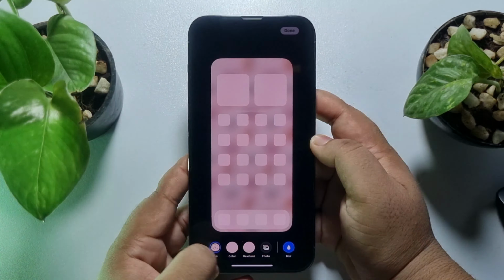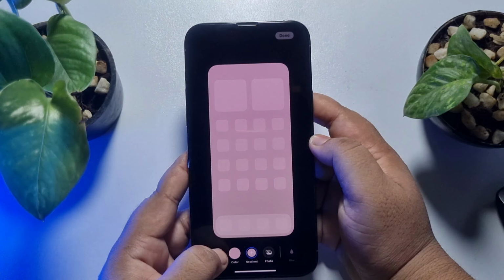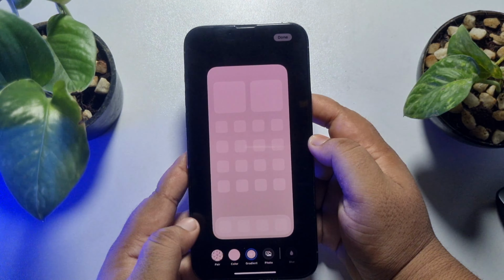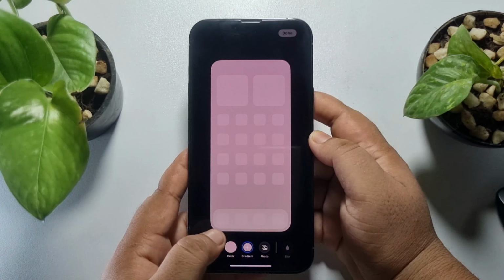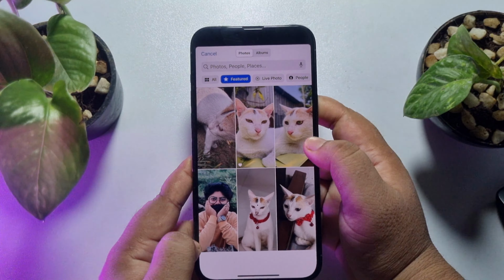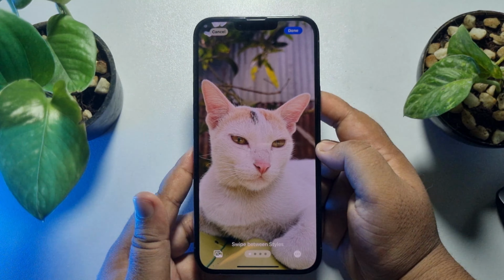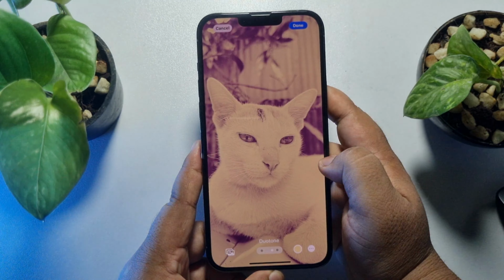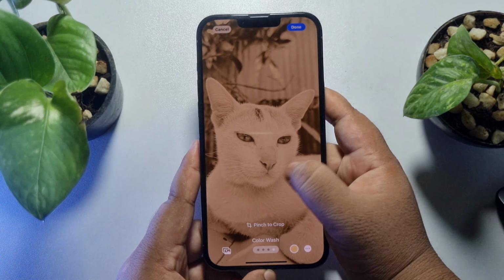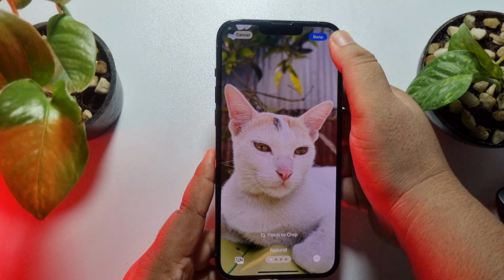You can change your wallpaper color from here. You can add a gradient from here, and to set a different photo, just tap on photos, and now from your gallery you will be able to select a photo for your home screen wallpaper, as you can see. Now to add an effect, just swipe to the left side to add an effect to your photo. Now tap on done